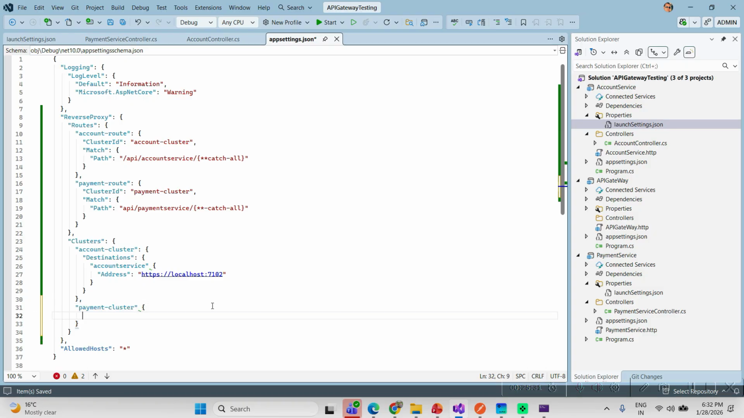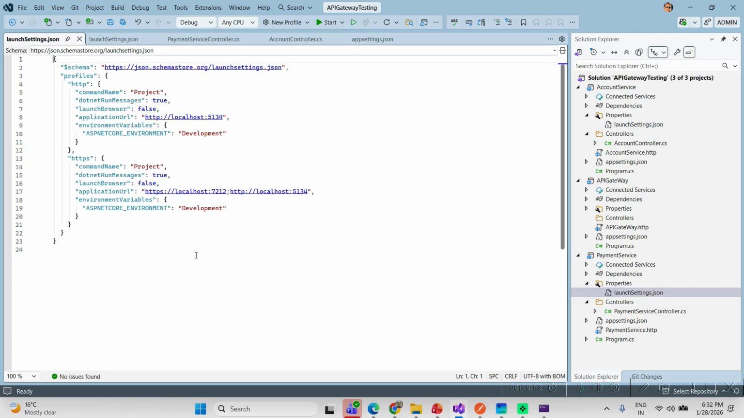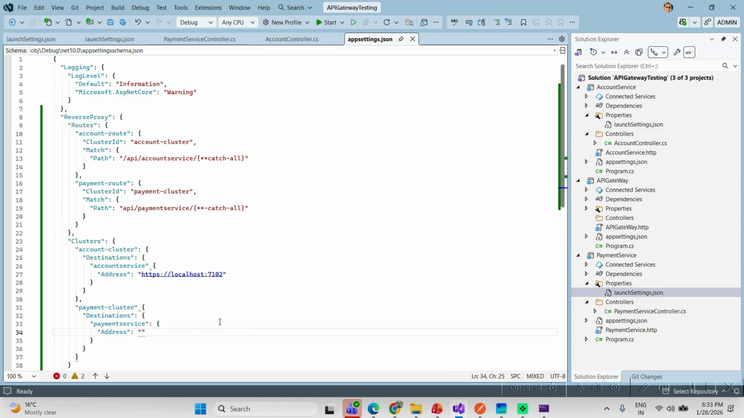So here destinations, and here payment service, and same way I need to give the address. And what will be the payment service address? I can go and check here. Okay,